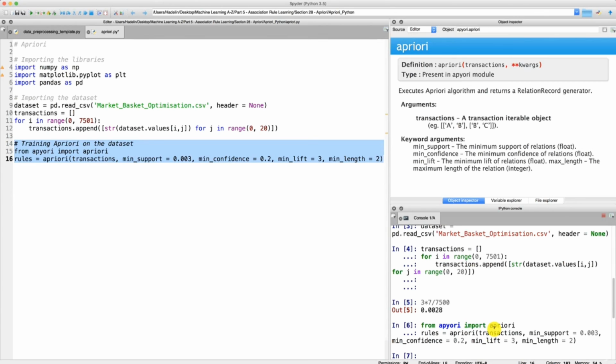All right, so great. And that's actually the end of this tutorial, because what we're going to do in the next tutorial is the exciting step. That is, we're going to visualize the results. That is, clearly see what the rules are. So we're going to have some explicit rules telling us that if some customers buy this product, well, they will also buy this product with a certain percent chance given by the confidence. All right, so I look forward to having a look at these rules, and until